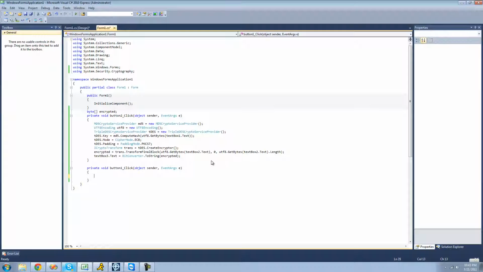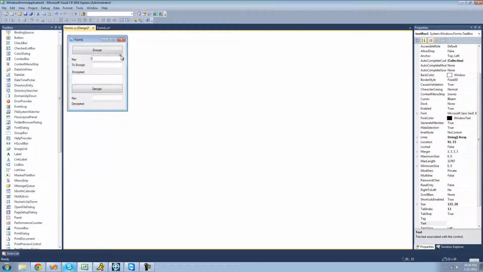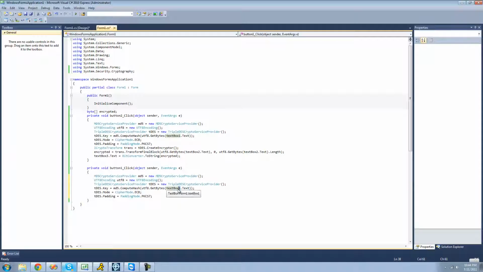In order to decrypt the data, we're going to copy all of this right here, because all of these settings are exactly what we need, and we're going to be using the UTF-8 encoding class as well. However, right here it gets the key from text box 1, but we actually want to use the key in text box 5. So we're going to change that to text box 5's text. And we do need these settings just like before,